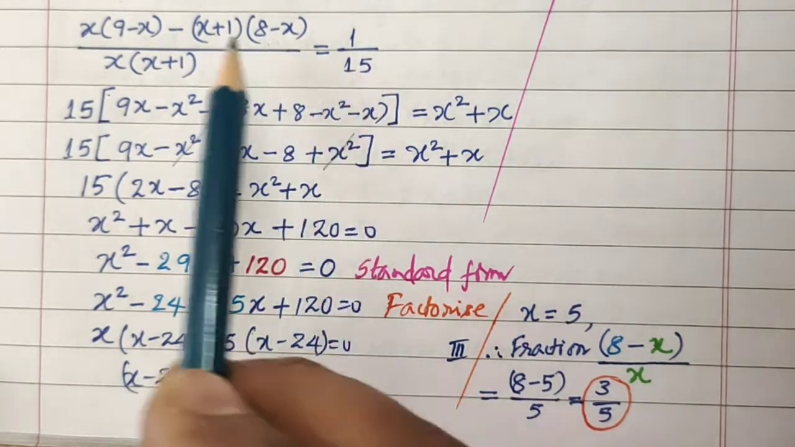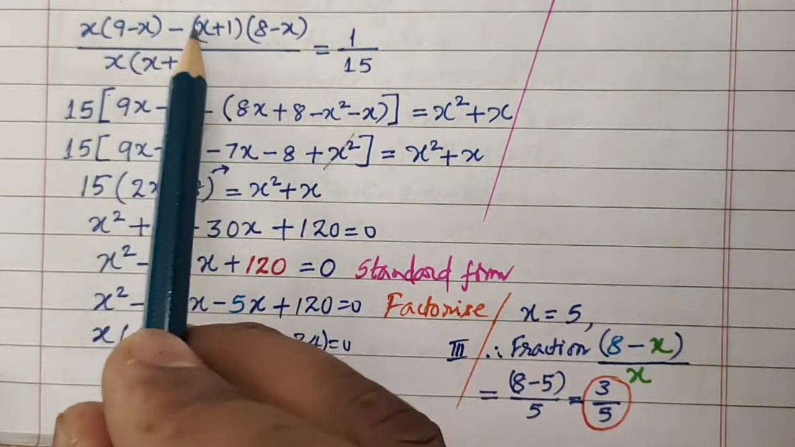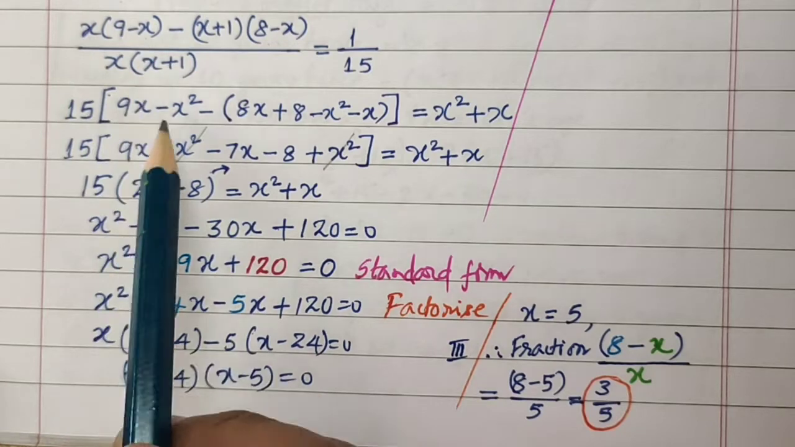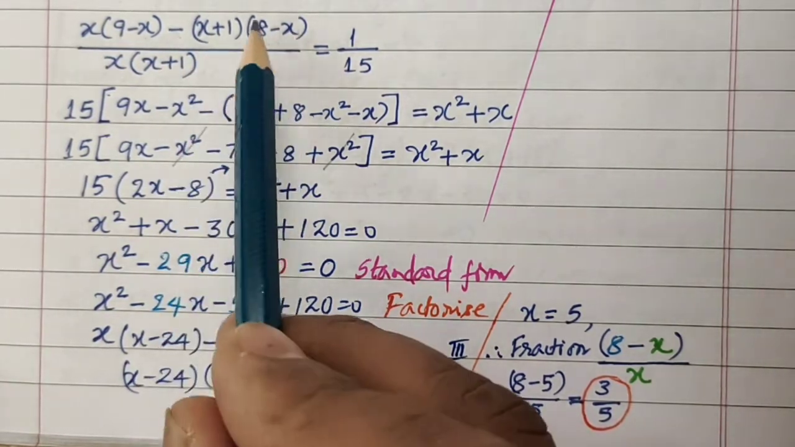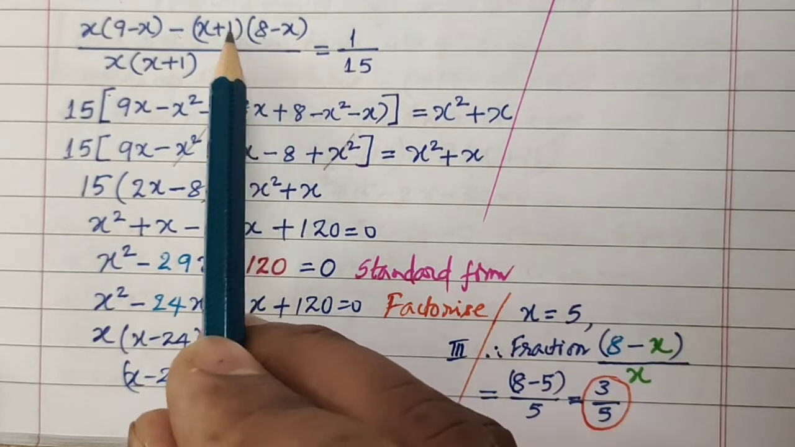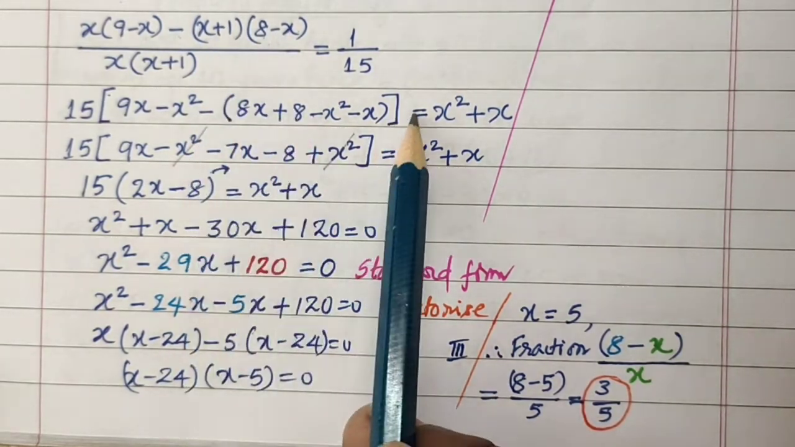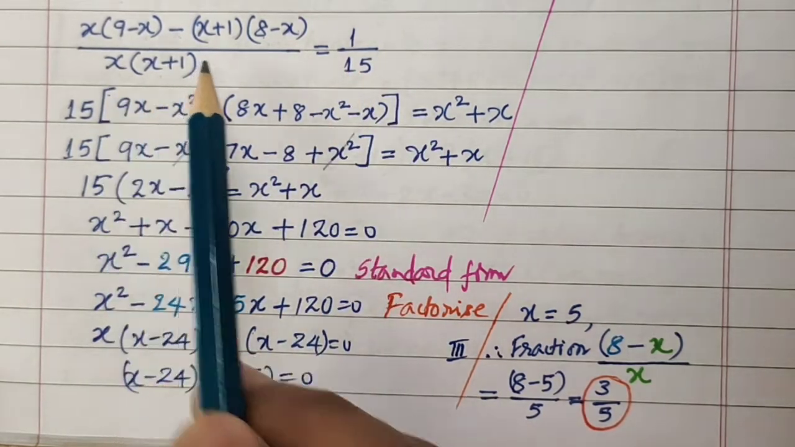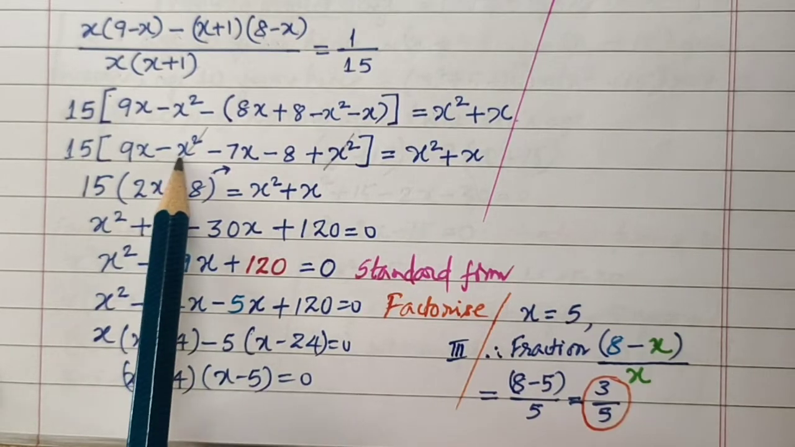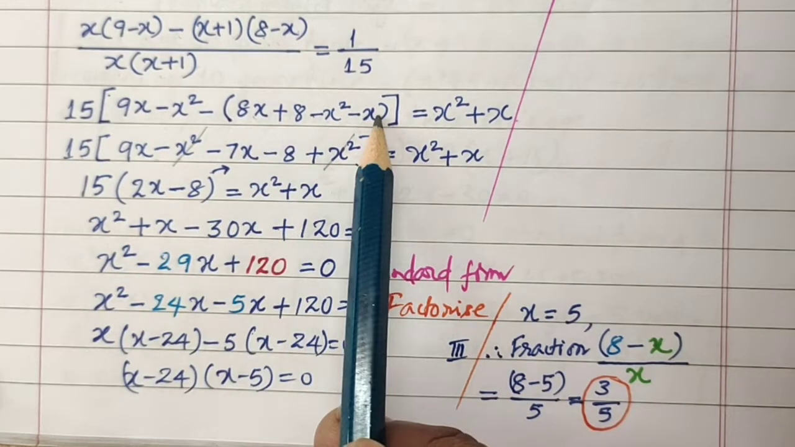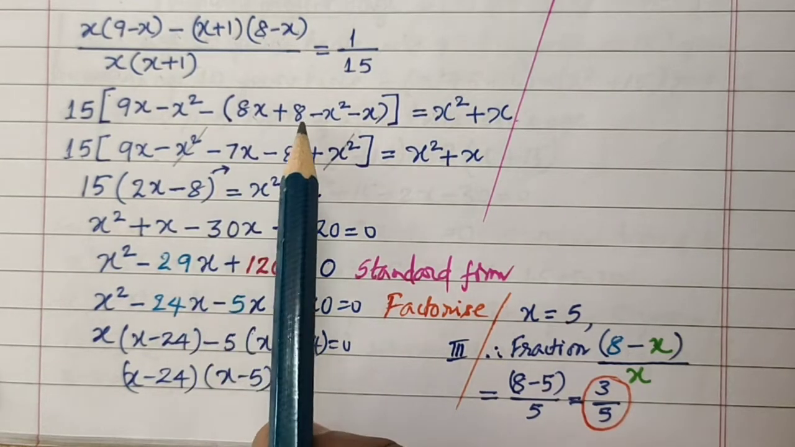Then cross multiply these two. 15 into this, 1 into this. This will become 9x minus x square. Keep the minus as it is, multiply these two: 8x plus 8 minus x square minus x. That is equal to x square plus x, 15 times 9 minus x square. 8x minus x is 7x. When you open this, minus 7x minus 8,